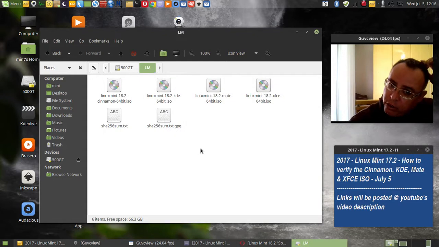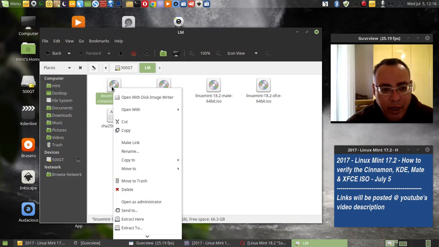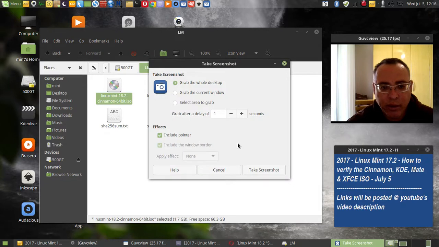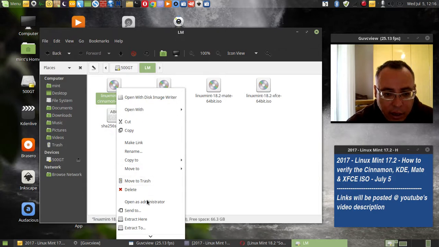On Linux Mint, it's very easy to verify the image. I'm gonna do one by one with Linux Mint. Just right click here. Let me take a screenshot to make it easier to understand how it has to be done. Just right click and select